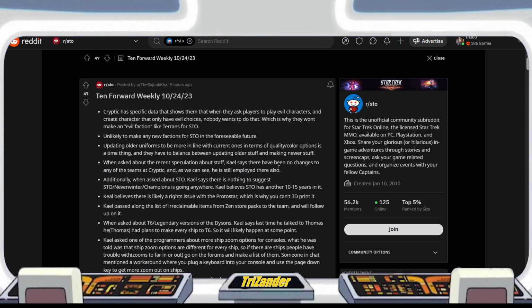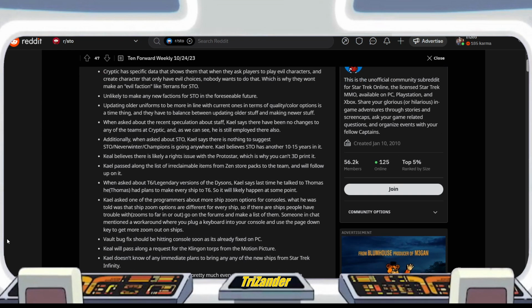Next up, Kale believes that there's likely a rights issue with the Protostar, which is why you can't 3D print it. Didn't even know that. Don't know why. You've already released it to Stowe. Why can't you print it? It just means more money for everyone. Kale passed along the list of irreclaimable items from Zen store packs to the team, and we'll follow up on it. When asked about a T6 Legendary version of the Dyson, that has been such a long time request,